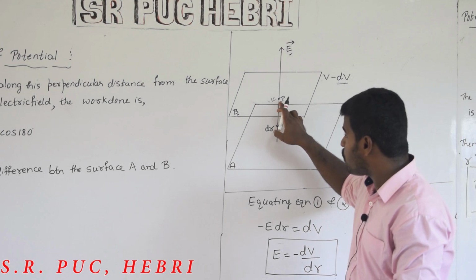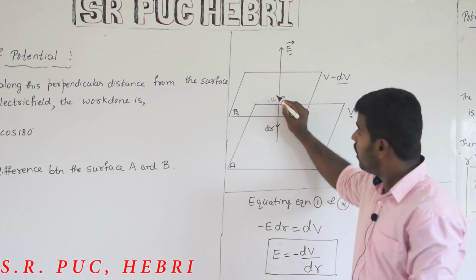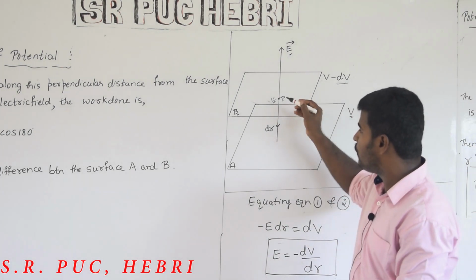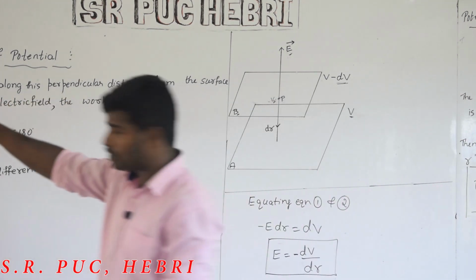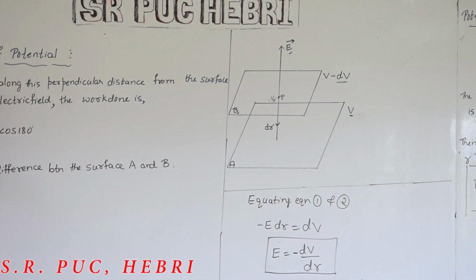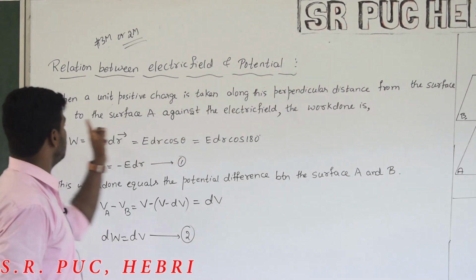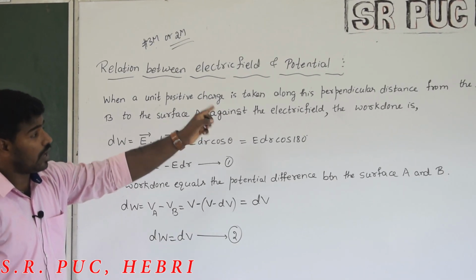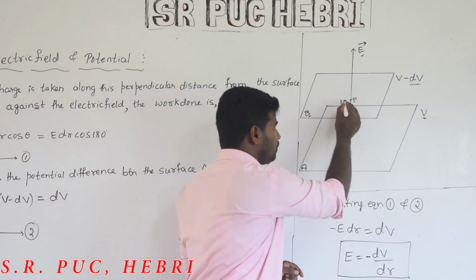Now we consider one point on the surface B. That point is expressed by P, at which we take a unit positive charge, that is 1 coulomb. 1 coulomb of charge will move from the surface B to A. When a unit positive charge is taken along this perpendicular distance from the surface B to the surface A, against the electric field, the work done is equal to, the reason is that the 1 coulomb of charge will be moving in the direction,